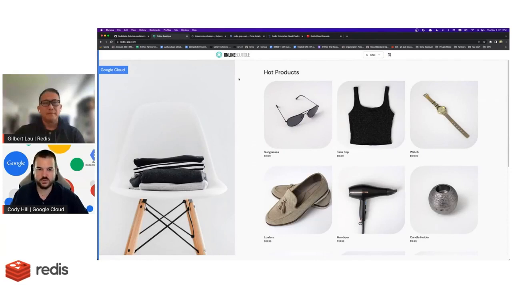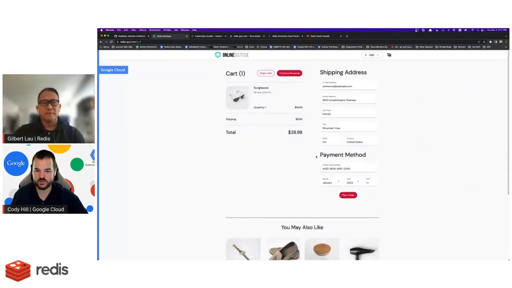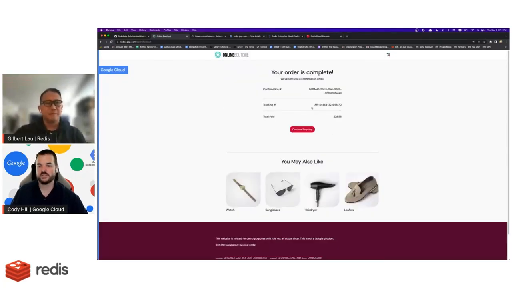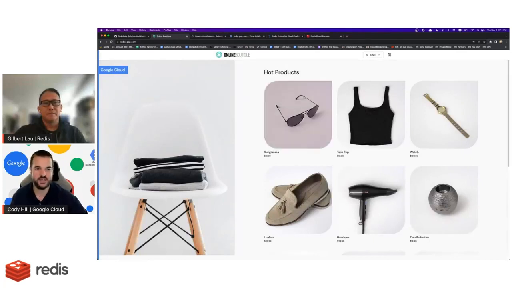Okay. So what we're going to do is grab some sunglasses and add those to cart and place our order. And now I'm gonna get some sunglasses shipped over to me, right? So a nice front-end website. It's pretty good. You can see that in the menu bar, we do have a domain here,